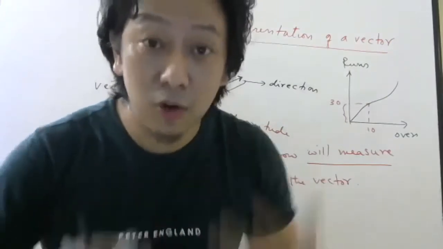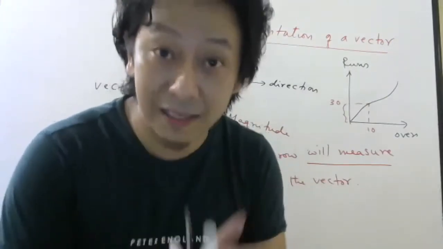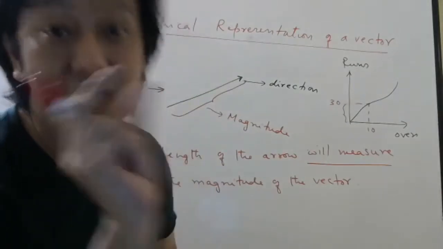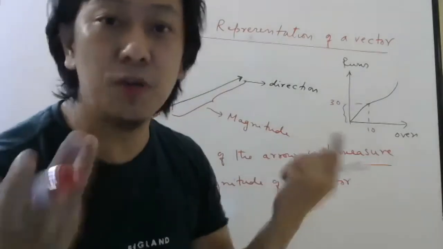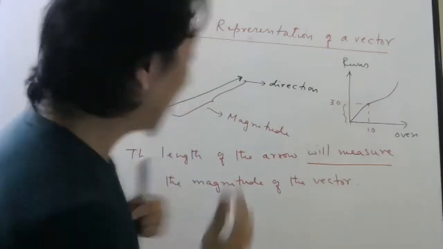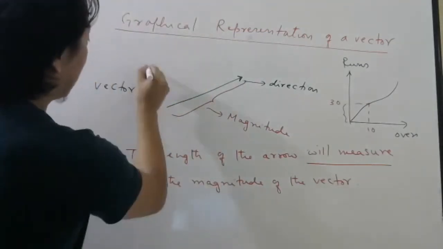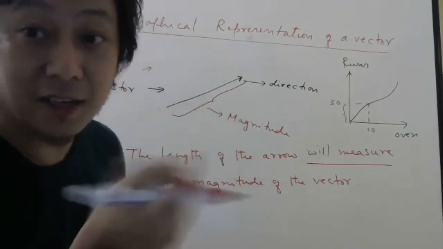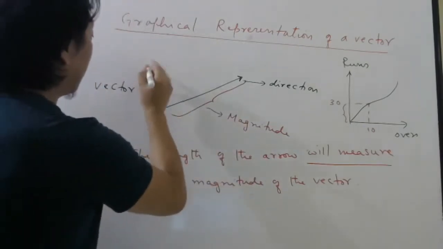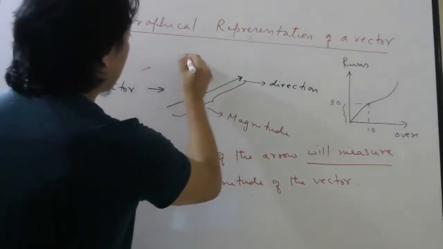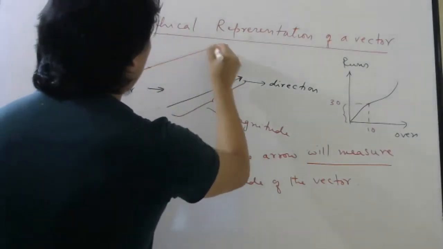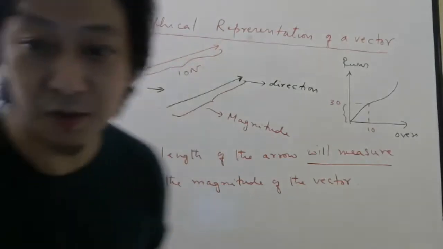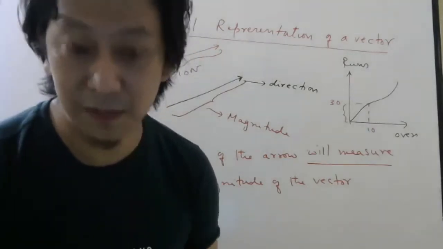Similarly, I can also represent force magnitude by this length. But we have to decide the unit, and that is up to us. Units are decided by us only, right? So you can choose this much length as 1 Newton. Then 10 Newton, how will you show? 10 times: 1, 2, 3, 4, 5, 6, 7, 8, 9, 10. So this length will represent 10 Newton. Like that. Are you understanding, students? Have you understood this concept?